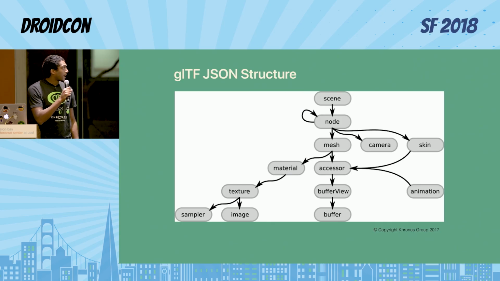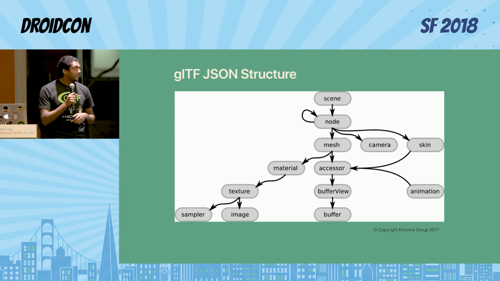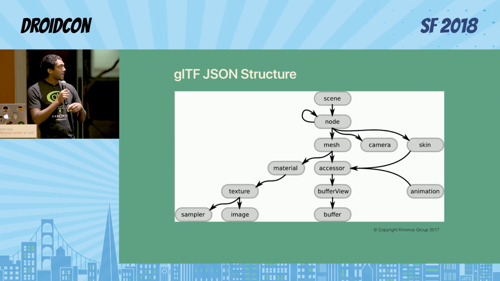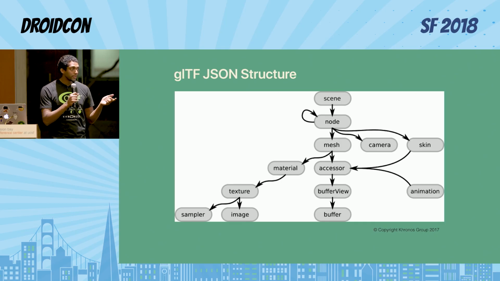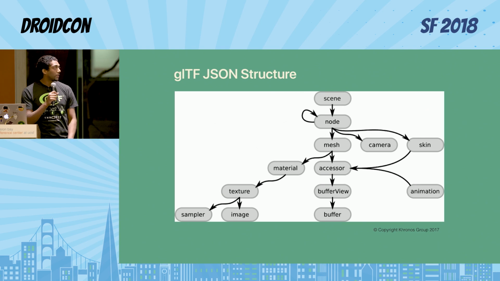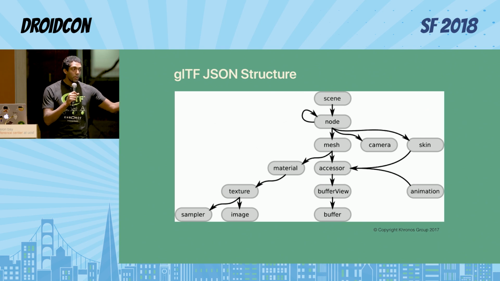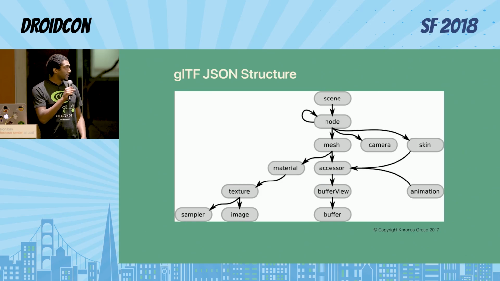The JSON structure has a bunch of high-level array objects, which are the entities that are used to describe what the scene graph is. So at the top level, you'll have the scene, and then the scene can have multiple nodes, and each node could also have multiple node children. And then each node will have a mesh. And then the mesh is going to get down into the details of the actual triangular mesh that represents the object itself. And you can also have the camera, which describes how we're looking at the scene, which is important. And then, of course, the material information is just how we're going to provide the texture or the look of